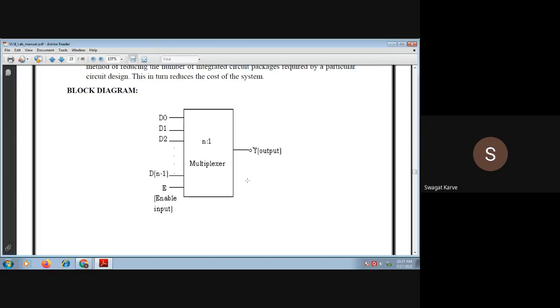This part we are going to discuss in the next lecture: from the multiplexer design, how to implement this in a VHDL module. Okay, for today we will stop here. If you have any query, you can ask me right now. So you should complete the assignments that I have given you today. You have to write a VHDL code for a 2-bit comparator and a 4-bit comparator.